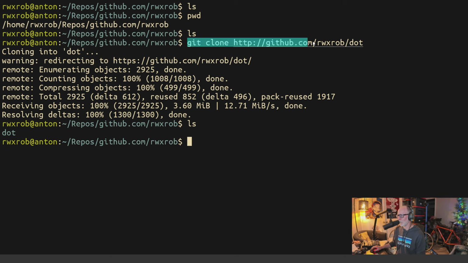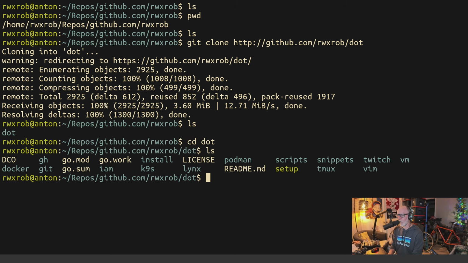All right, so here we go. Git clone HTTP, right? Cloning into dot, warning, redirecting, blah. It did grab an HTTPS, which is fine. That's because they closed that. It used to be that HTTP was the only way. If you do the HTTPS, it would prompt you and make you type in your username and password, which you don't want to do. And then you enumerate the projects, blah blah blah. It's pulling them all down. Anyway, so now we have dot in here, right? But what I want you to know is that there's no way I can make a change here and commit it, right? If I were to try to change a file,